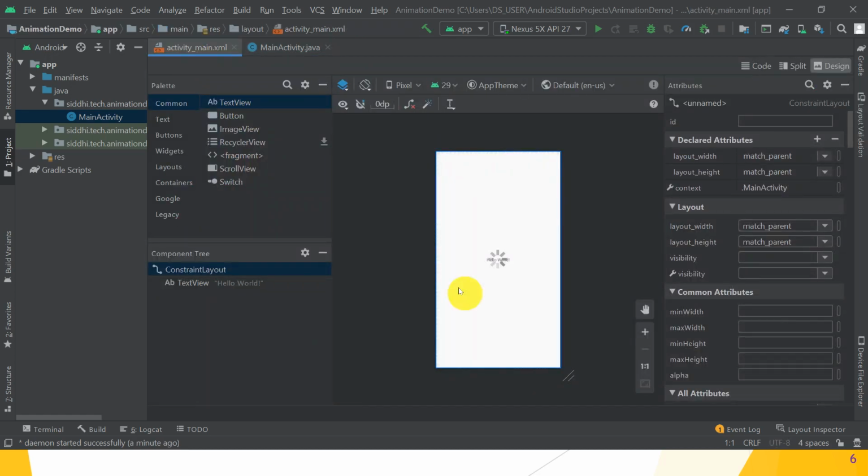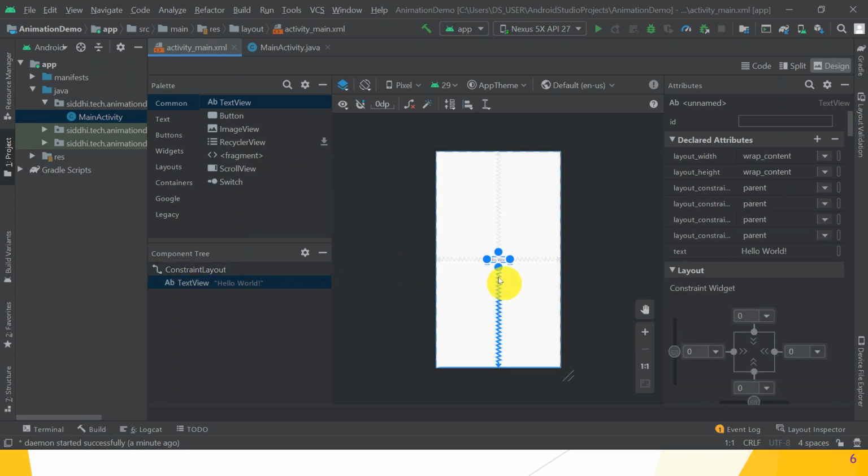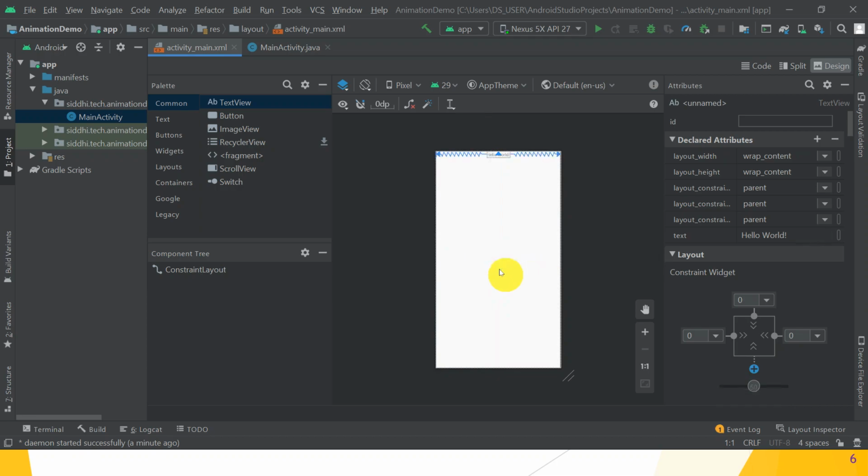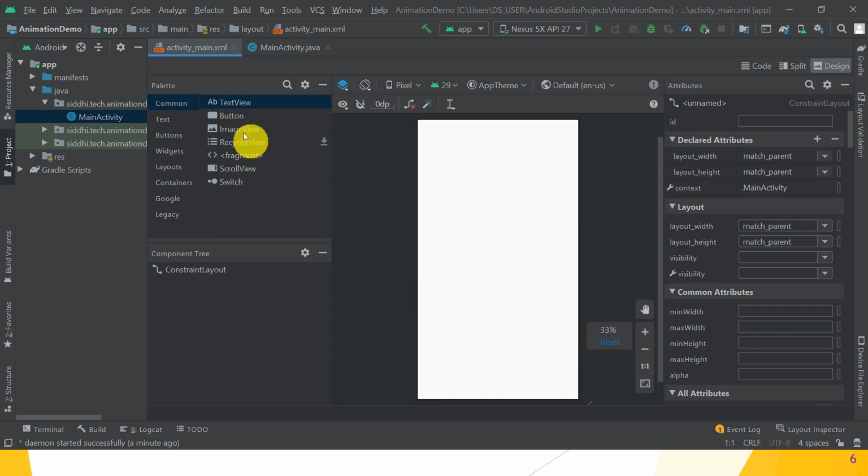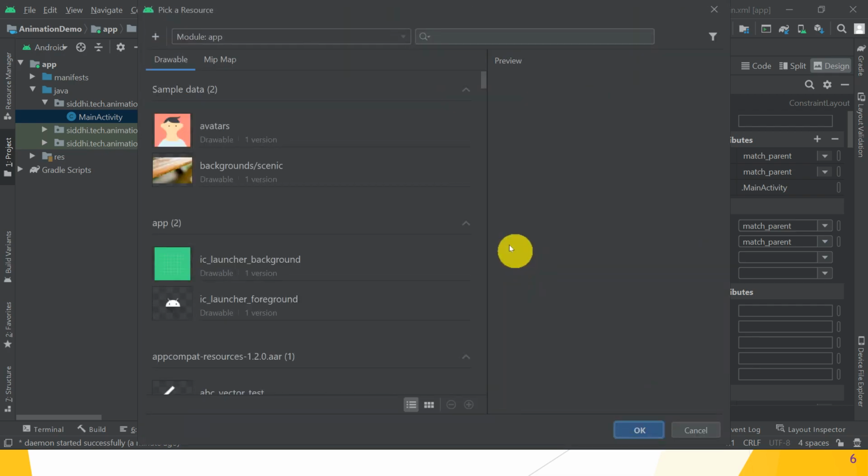Okay, still that activity main.xml file is loading. Now it's done. Delete your hello world text view from our activity. Now it's time to take an image view. Okay, great. So this image view, we have to take the image view.